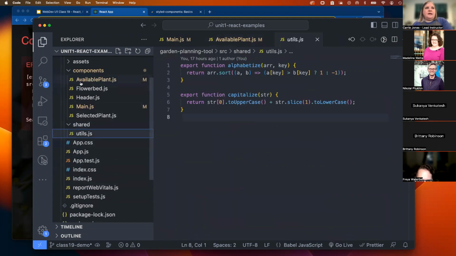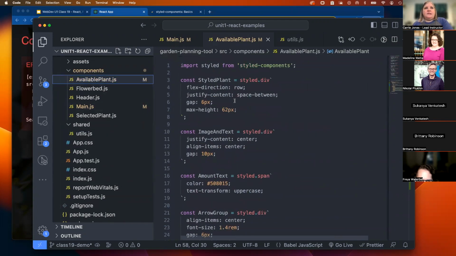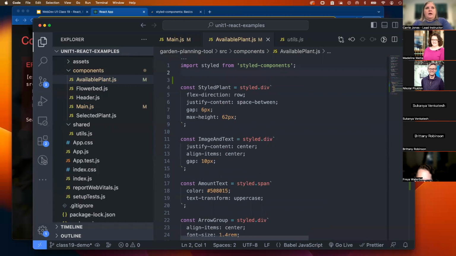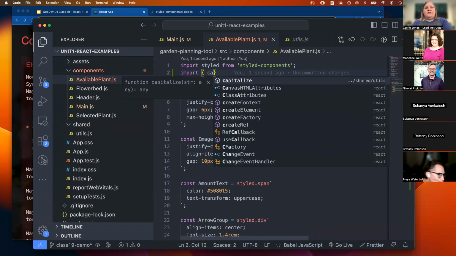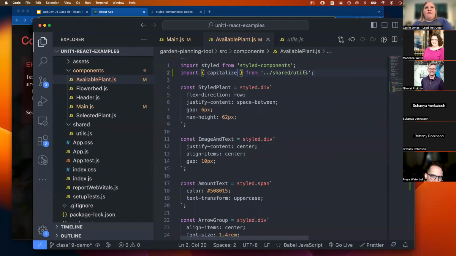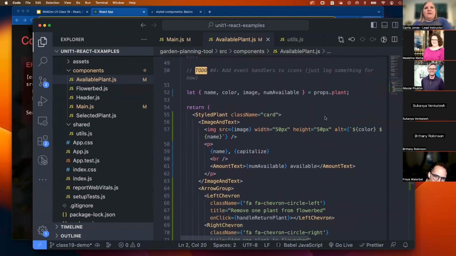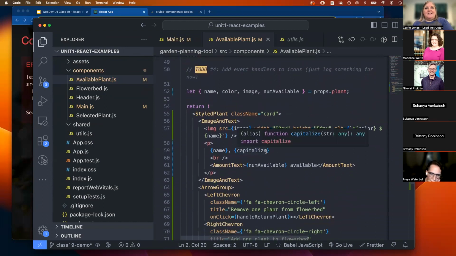Yeah, it's just not seeing it. That's okay. So I can come up to the top and actually just import them. So I can say import. And because I have multiple things, there it is. So it sees it now, capitalized from shared utils. So if I add that and then fix this by passing in the color,